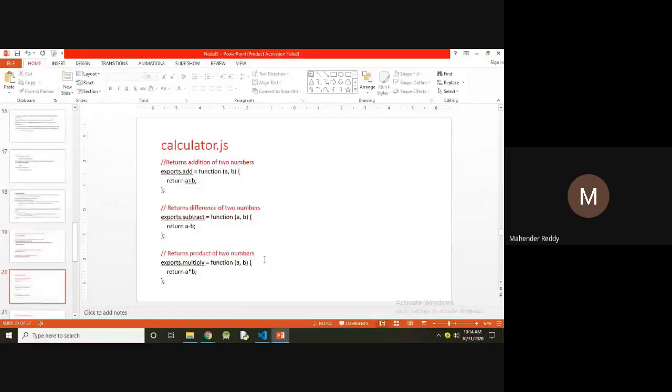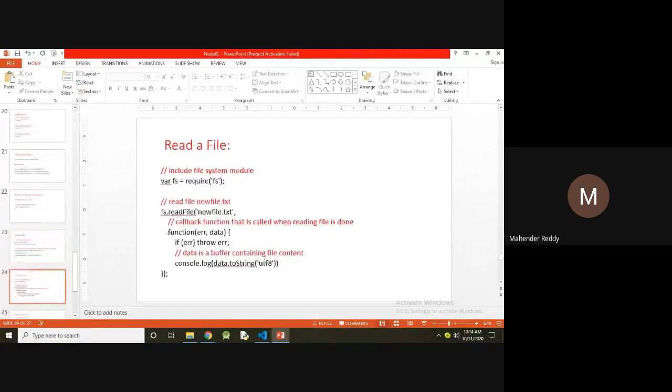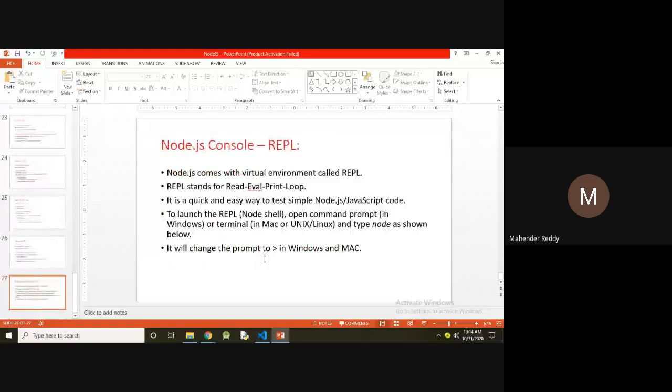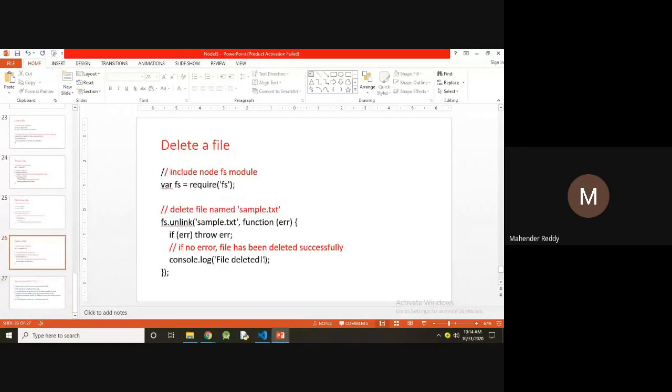Just simple examples. In the second mid-semester examination, you will get questions up to the npm module, the Node Package Manager.